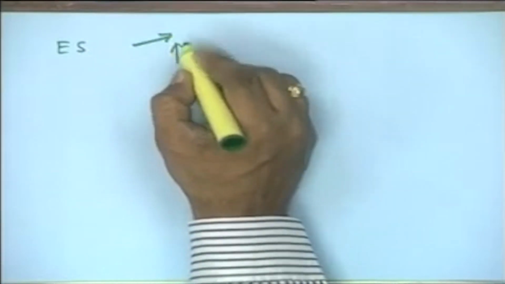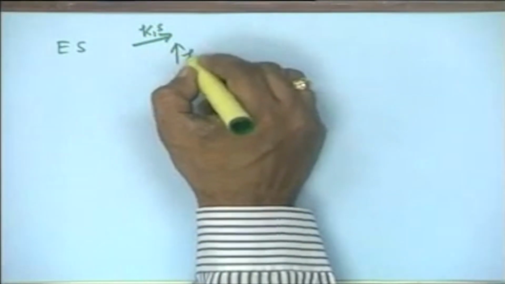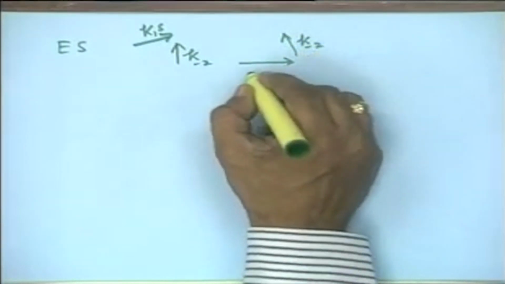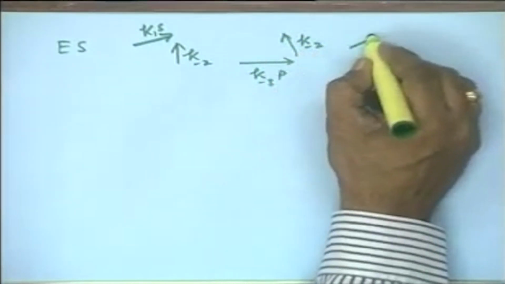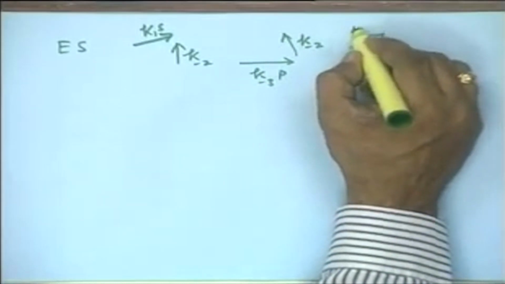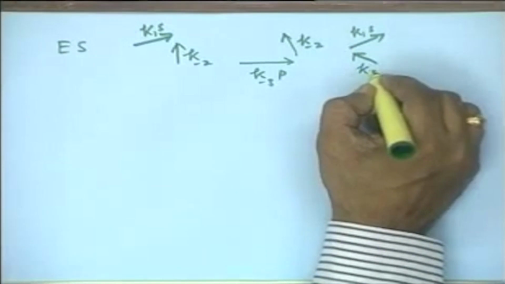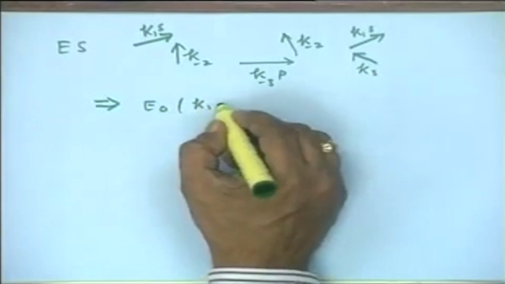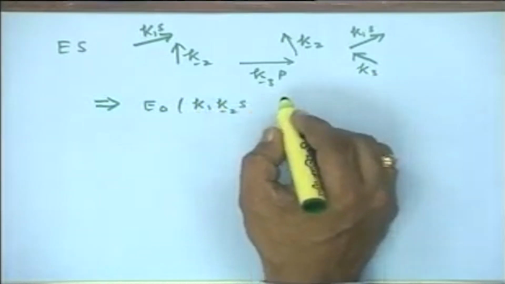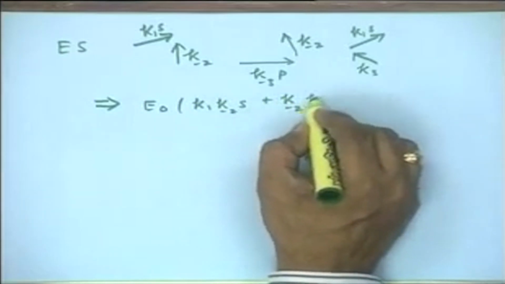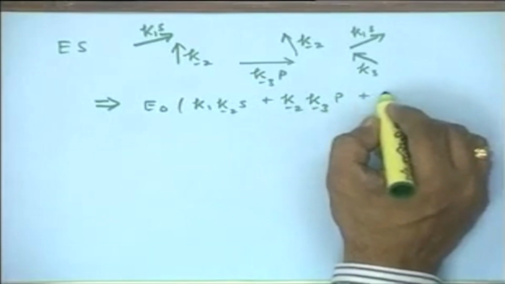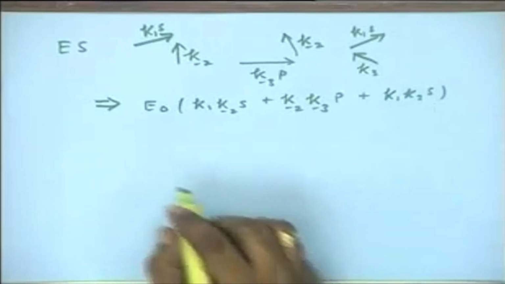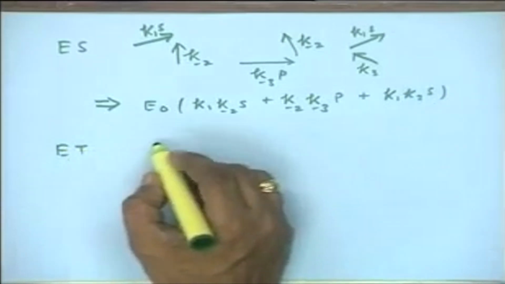This one, here it is your K1S and K minus 2, K minus 2, K minus 3P and K1S and K3. Here also you will notice that the concentration of ES will be E naught, K1, K minus 2 into S plus K minus 2, K minus 3 into P plus K1, K3 into S. In the same fashion for ET, we will come out to be,